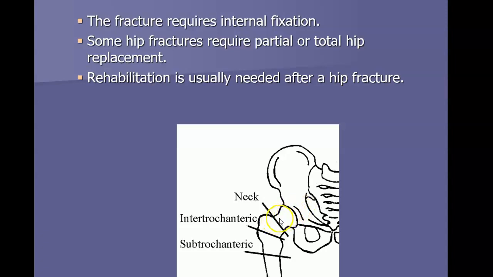So the fracture here, this is the neck, this is the hip right here, this joint right here. It's usually right here at the neck where it tends to break a lot. And so they will have a prosthetic replacement put in there. And it's extremely important, when a person has knee surgery or hip surgery, don't start doing range of motion to that joint without checking with the nurse or the physical therapist.